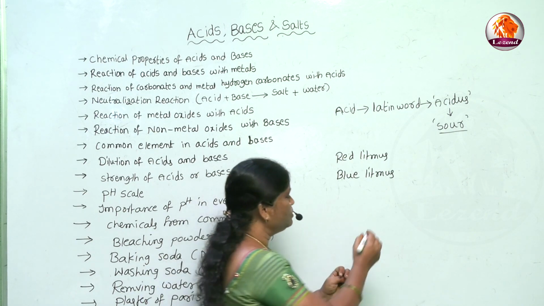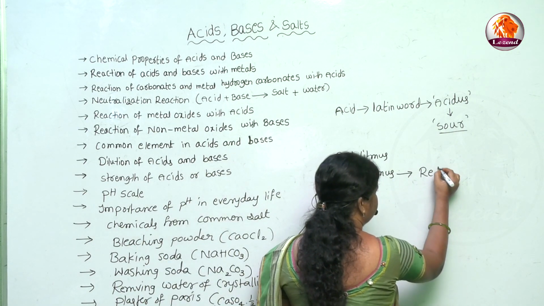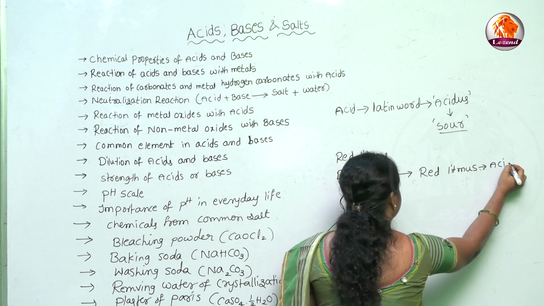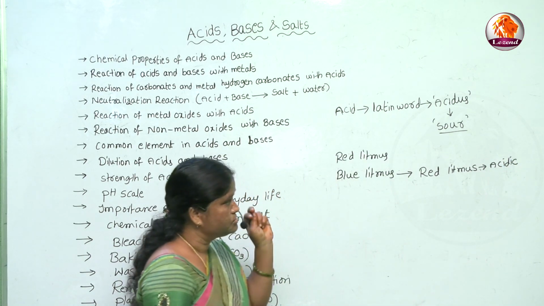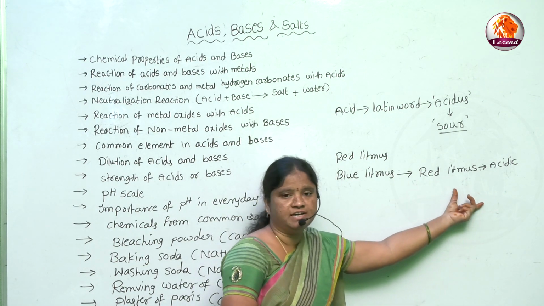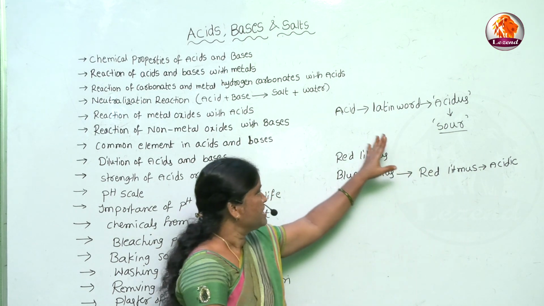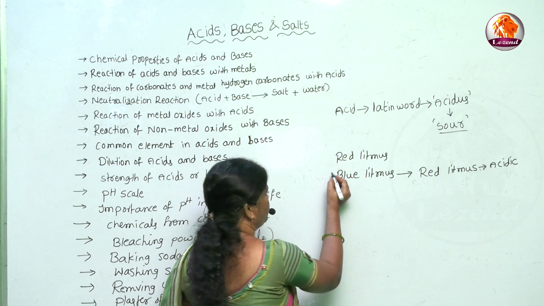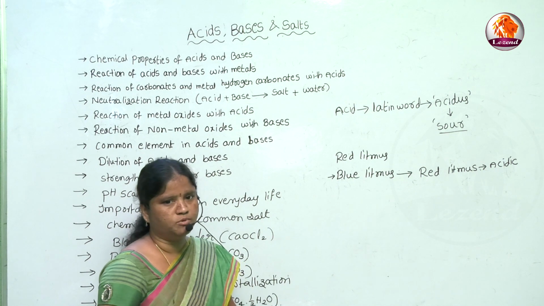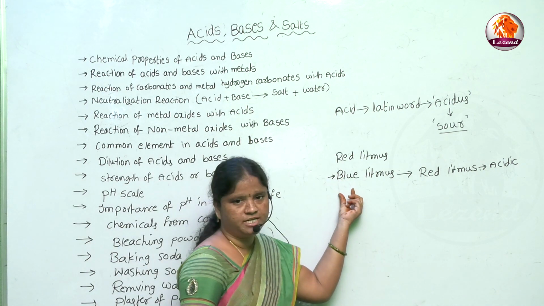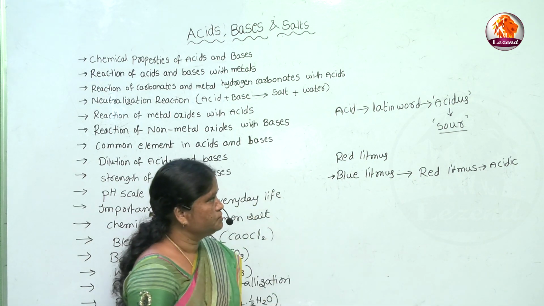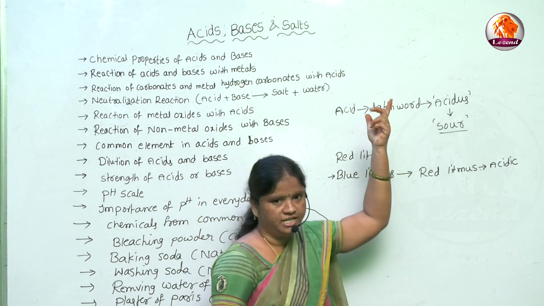If the substance is sour to taste and it turns blue litmus paper into red litmus, then it indicates the substance is acidic in nature, and we define it as an acid. We need to remember which litmus paper to use, so that we do not get confused. It is easy to remember: acid starts with A. Acid turns blue litmus into red. Then we can call the substance acidic in nature.